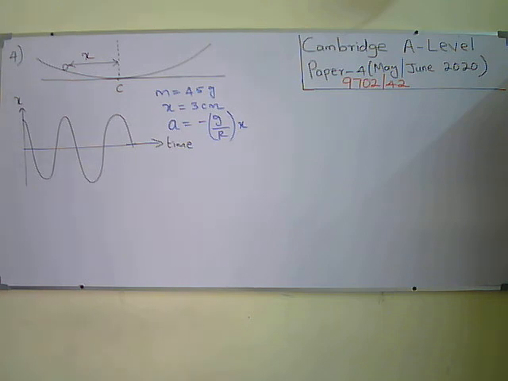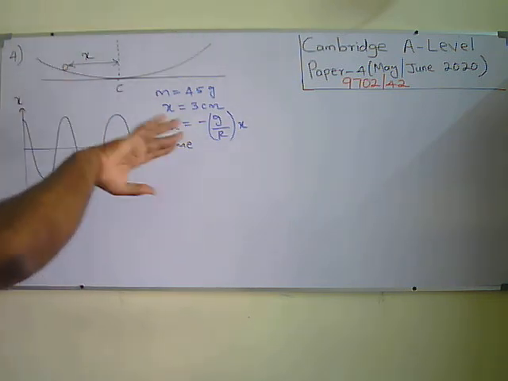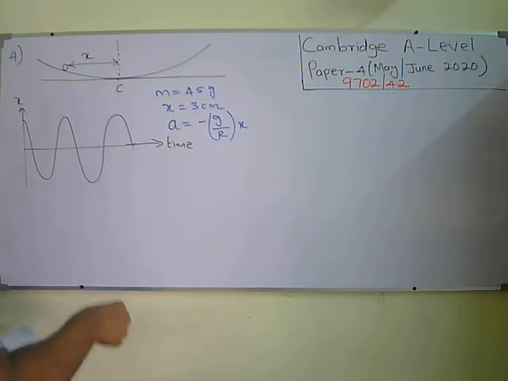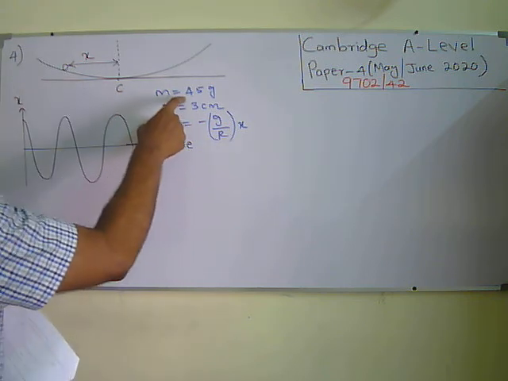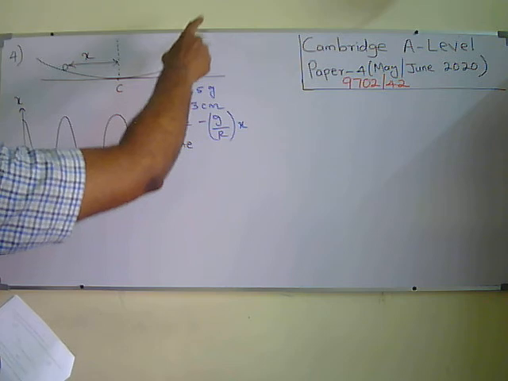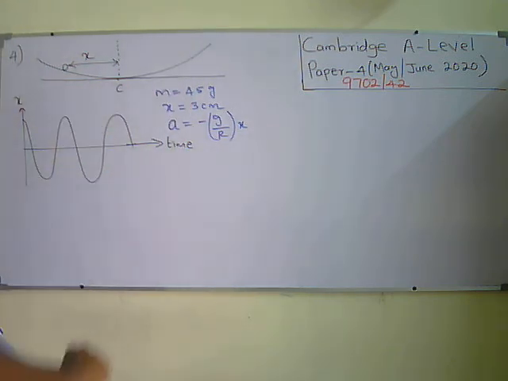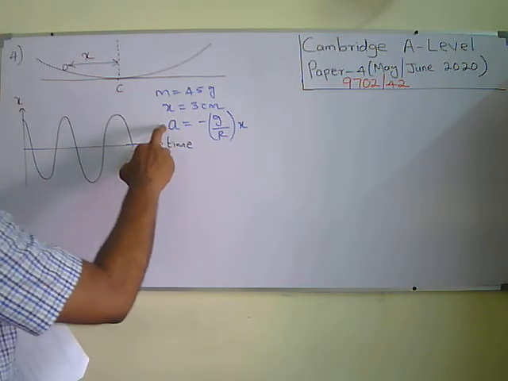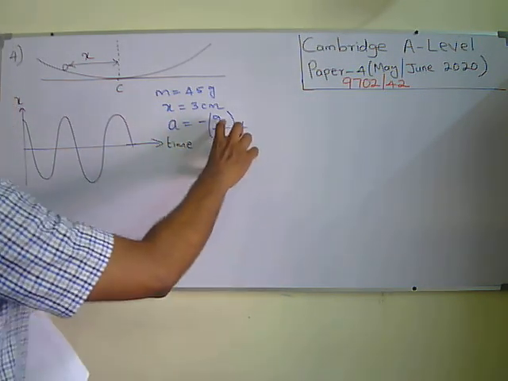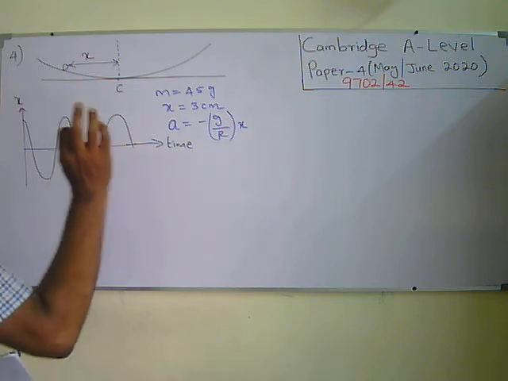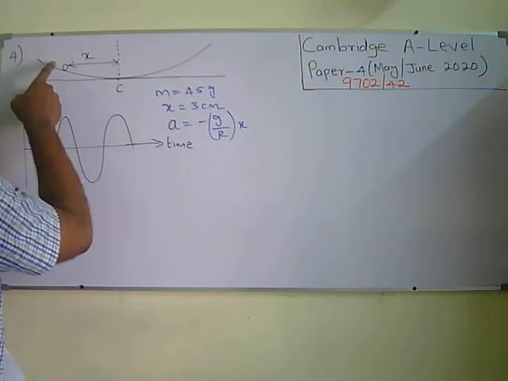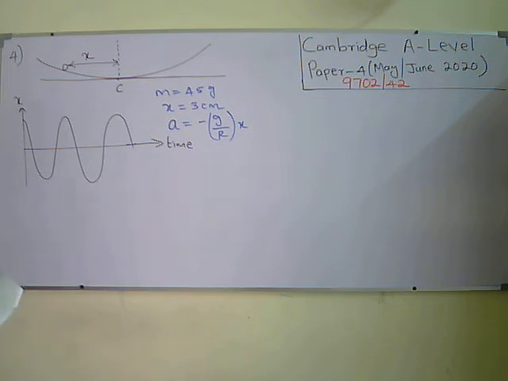Okay, question number 4. There is a dish which is obtained from a hollow glass sphere. A small marble or some small solid ball of mass 45 grams is kept in it. It's going to oscillate on either side, and the displacement-time graph is given. They say the motion of the ball in the dish is simple harmonic, with its acceleration following the given equation, where g is the gravitational acceleration of free fall, and capital R is a constant that depends on the radius of the dish and the ball. So it's a constant for the given system.